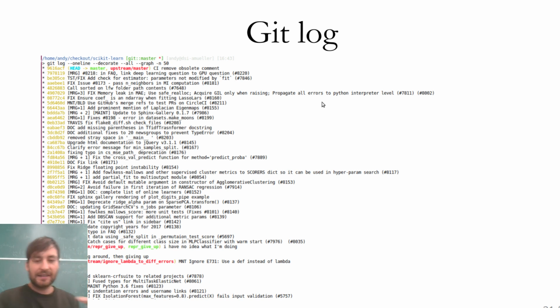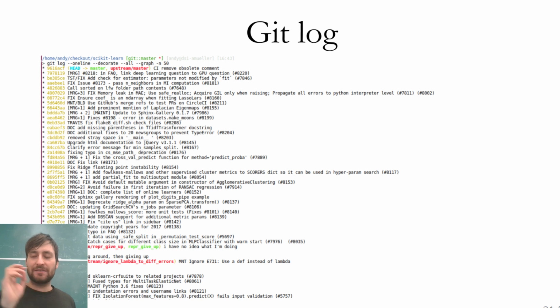So another thing is Git allows you to do aliases. When I showed you git log earlier, I actually didn't show you the standard log. I showed you some modified things. So this is the output you get here. I think this is actually from scikit-learn from 5 years ago or something when I first made these slides. You can see here I use git log --oneline --decorate --all --graph, and what it does is it